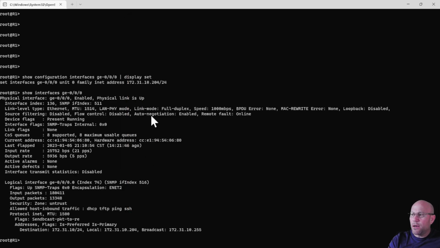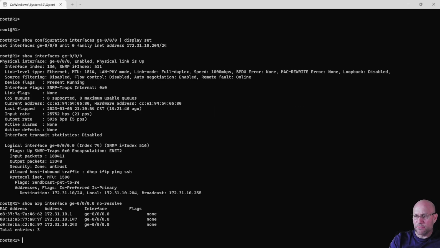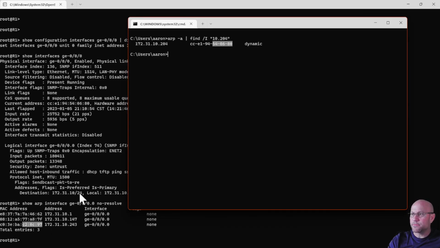540680 on this actual gigabit interface as the hardware address, 540680. And vice versa, show arp interface ge-0/0/0.0 no-resolve. We find .243 is the Windows computer, and let's also look for that MAC address in Windows